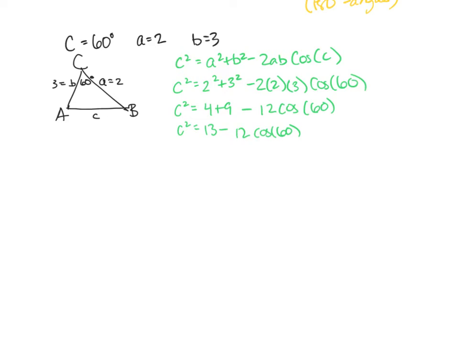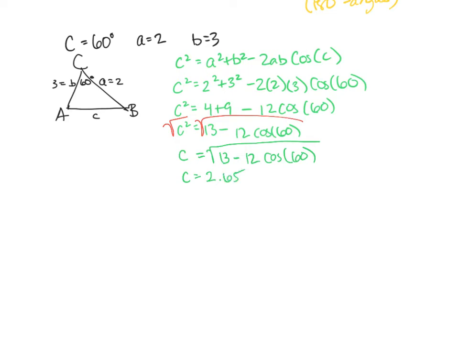Now, remember order of operations. This multiplication between 12 and cosine of 60 is more important than the subtraction here. Multiplication comes before subtraction, so I cannot subtract these and just get cosine of 60. From here, all I have left to do is square root both sides to get c by itself. We'll have c is equal to the square root of 13 minus 12 times cosine of 60. Once I plug that into my calculator all at once,